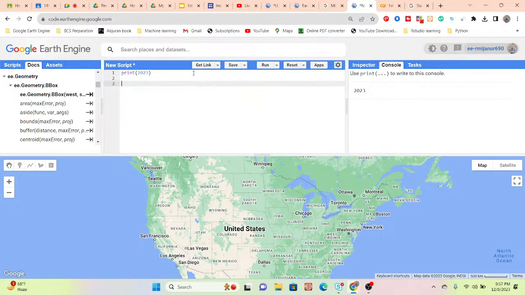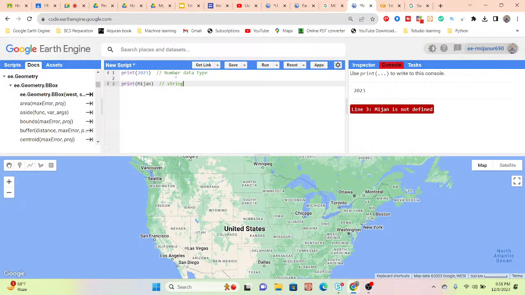Suppose I simply print another thing. Suppose I print my name and click run. In this time I face a problem. It shows that Mizan is not defined. So in this time we talk about the data type. The first data works very well, there is no problem. But the second time when I put my name, I face this type of problem. Mizan is not defined. Why? Because the data type is different. The first data is called the number data type. And the second data is called the